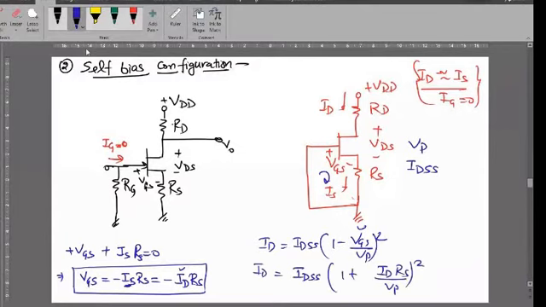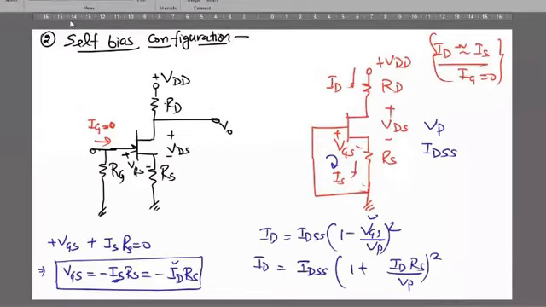So you will find a quadratic equation. You see here, you will find the second order equation. Is that clear to you? This is somehow a quadratic equation. Yes, sir. Yes. So you have to find out the roots of this quadratic equation, then you can solve. Okay, and you have to check the value of particular current.